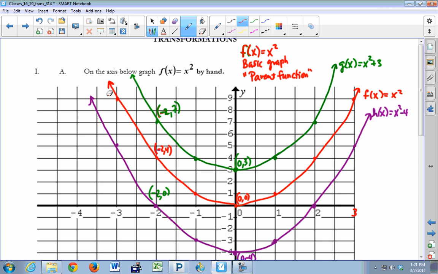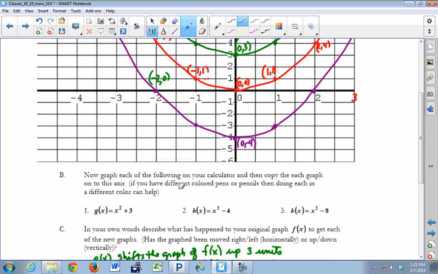So we've graphed x squared here. We put 0 in, and when we square 0, we get 0. When we square 1, we get 1. When we square 2, we get 4. And when we square 3, we get 9. Since x squared is an even function, we have points with opposite values of x at exactly the same y values across the axis. So negative 1, 1, negative 2, 4, and negative 3, 9. Okay, so there's my basic function.